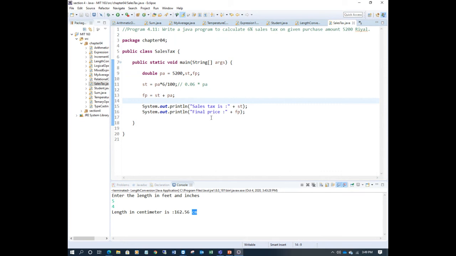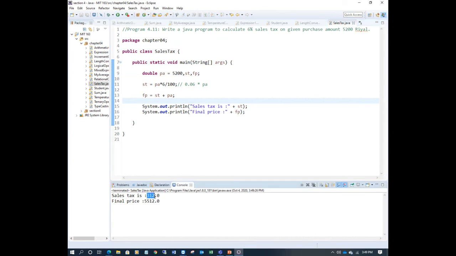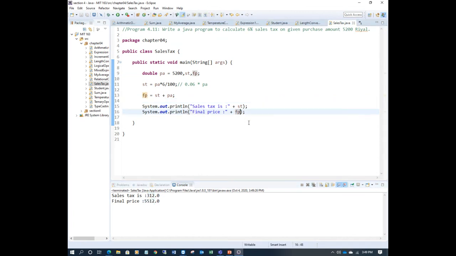Okay, so that's a simple program. Let's run this one. See how much sales tax you have to pay: 312 riyal. Now your total is 5,512 riyal. So you put SAR. If you want to put SAR, just write SAR here and give some space so it will be added with a space.